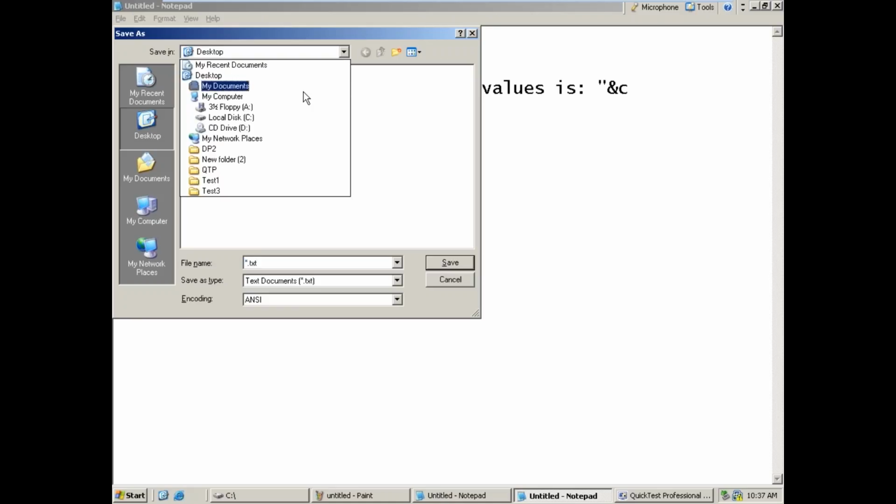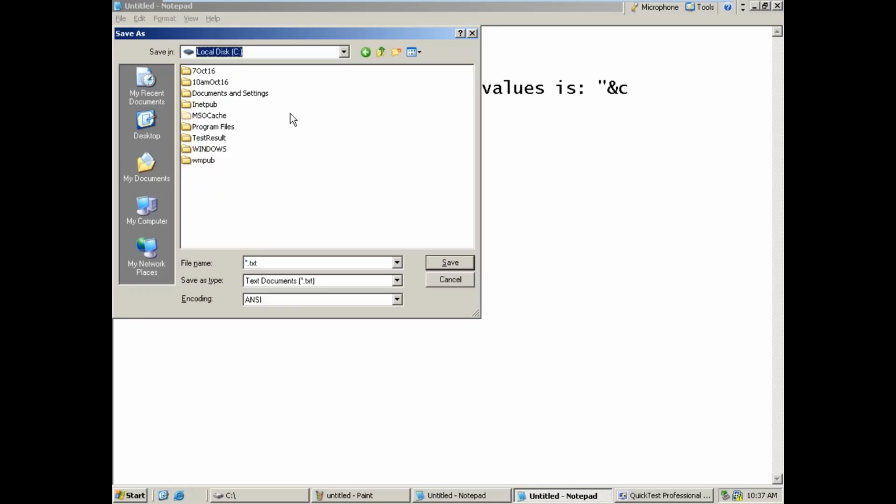In my working folder, I want to save to C drive, 10 AM October, a new folder I want to maintain for the functions. In that, I'm going to create user defined function 1, and the extension I can give .VBS, Visual Basic Script. Save it.